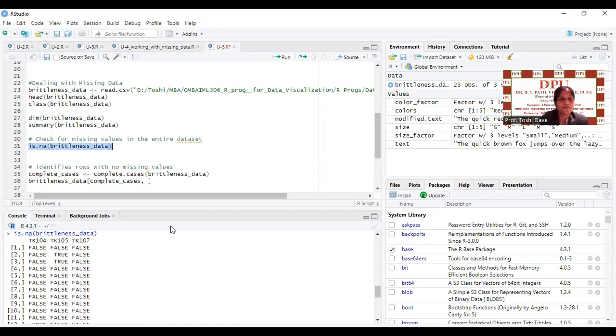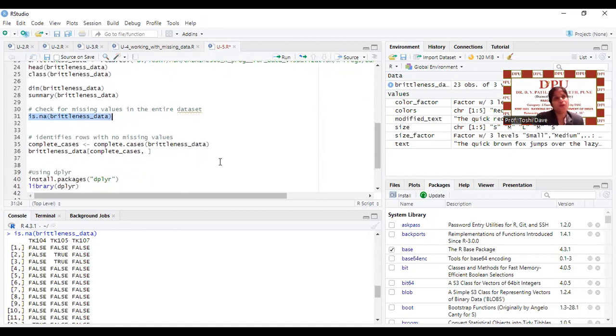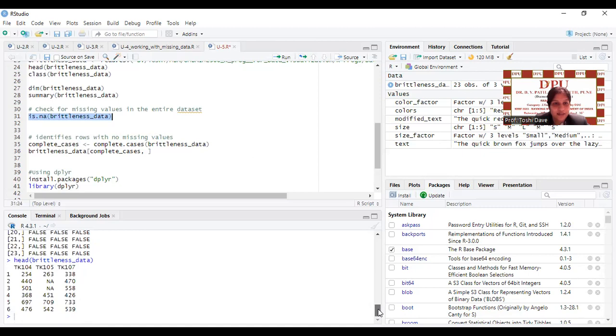Fine. Now, one more thing you can use to identify missing values is complete.cases. Now, what does complete.cases do? Complete.cases identifies the rows with missing values. So again, I'm going to show you your data set. Now you know the second and third rows have missing values, that is NA. Now if I execute this,